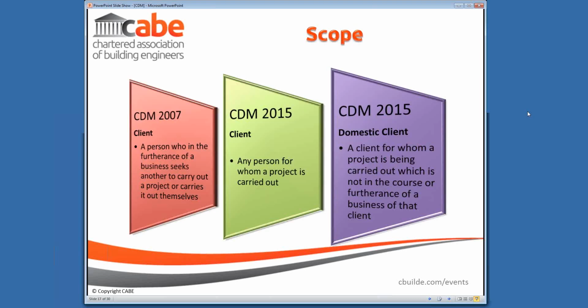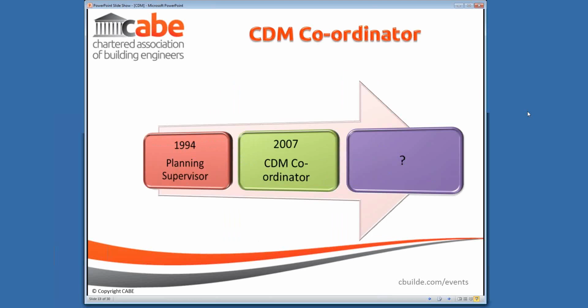Right, so on large complicated projects where there's an extensive design team, it is anticipated by the Health and Safety Executive and by most of the industry that the client will still choose to appoint someone to act on their behalf to ensure notifications are done, that all the parties are communicating and that everything's well coordinated. So although there is no defined role in the regulations under the 2015 changes, it is anticipated that there will be a large number of projects that will still have somebody doing the coordinator's role.